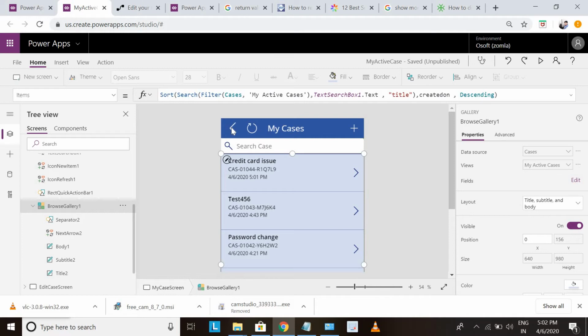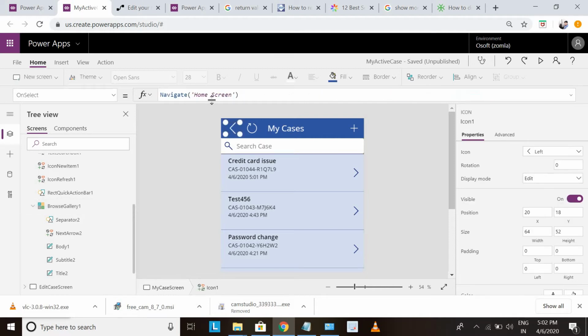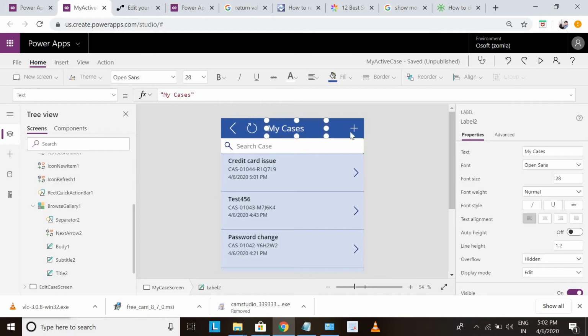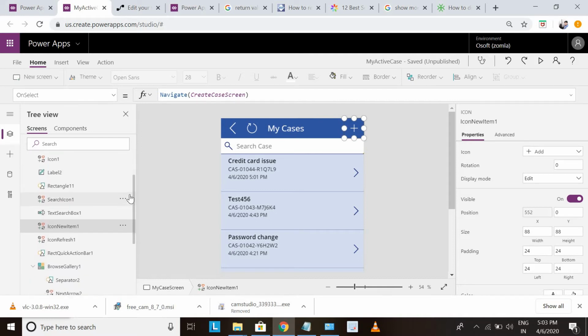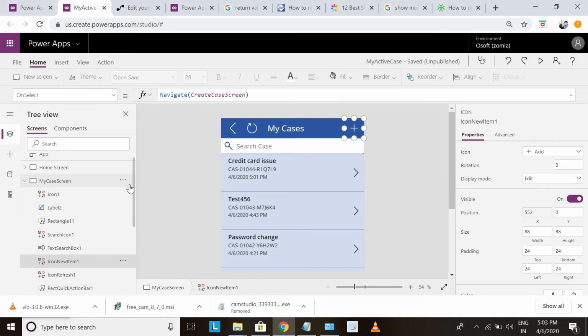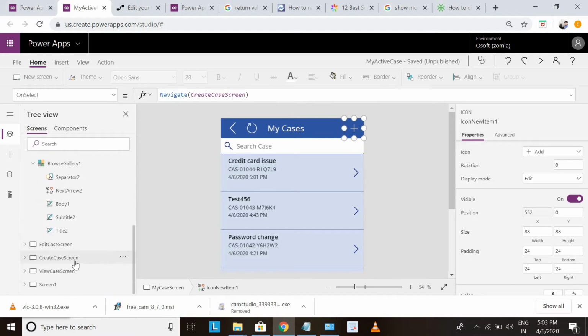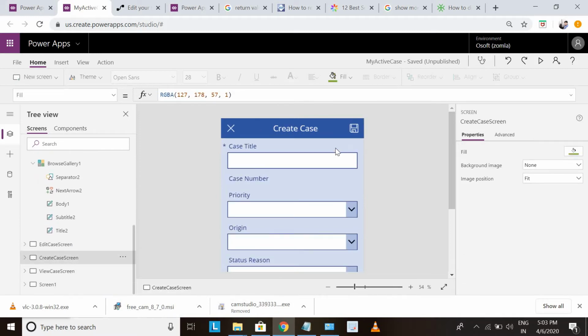Okay, and this button I'm navigating to home screen and refresh. I'm refreshing the entire screen, and this is a title, and this is a navigation to create a new case. Okay, so if I click the plus button, it goes to create a case screen, and it goes to this screen. Okay,